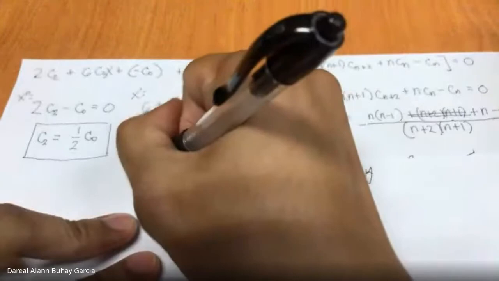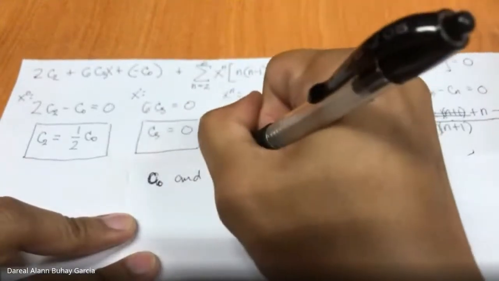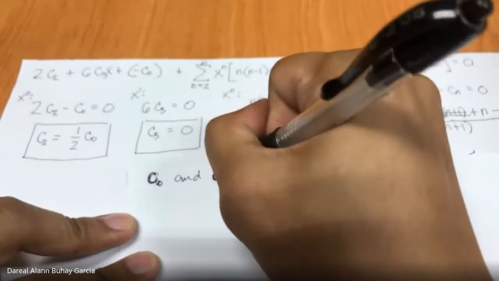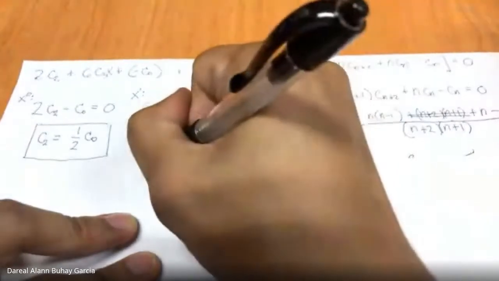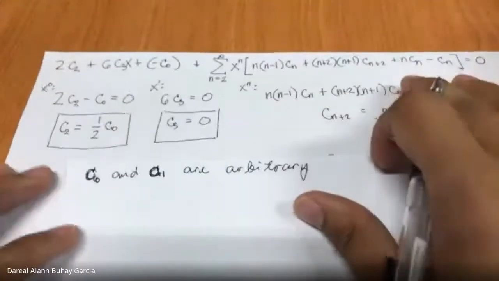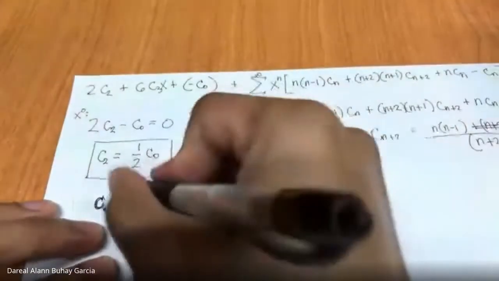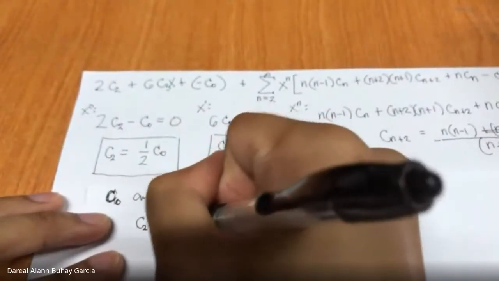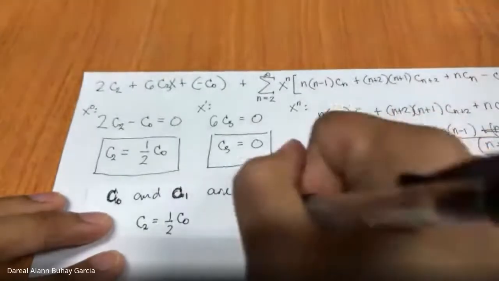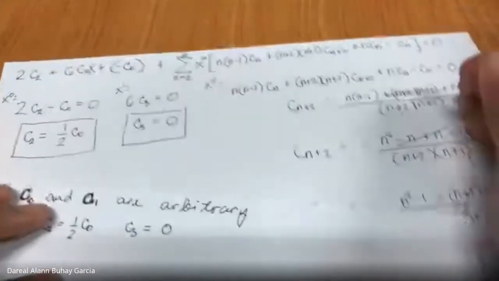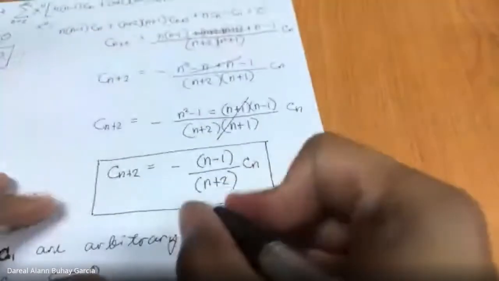Ano? Wala mo din nagamit og a dahil, no? C. C sub 0 and C sub 1. Okay, C sub 0 and C sub 1 are arbitrary. Okay. You have an expression for C sub 2. C sub 2 is equal to 1/2 C sub 0. You have an expression for C sub 3, 0. And for everything else,